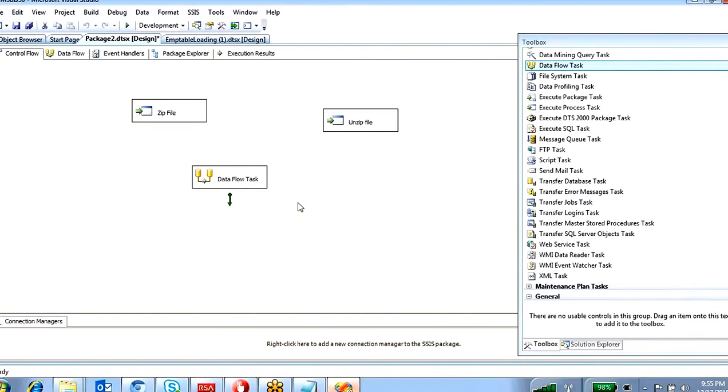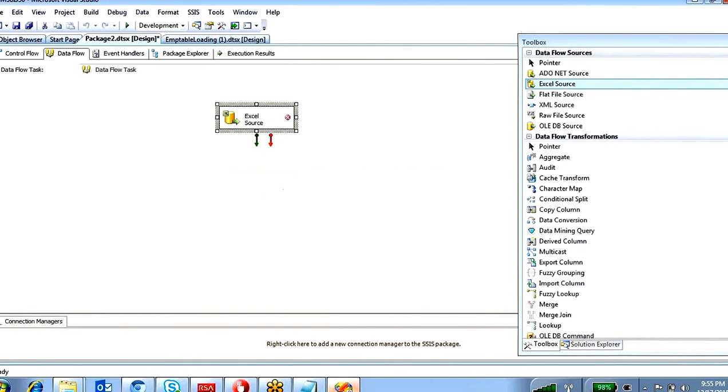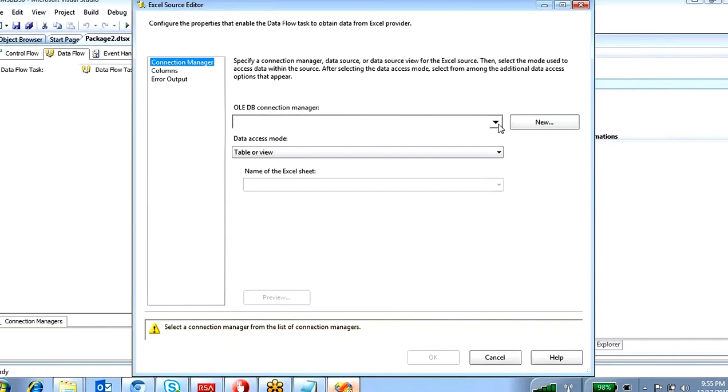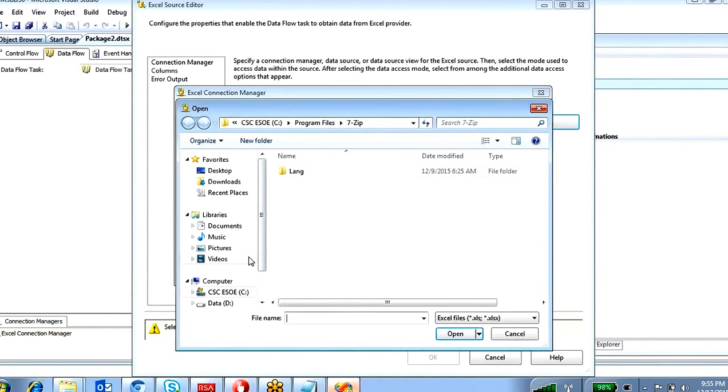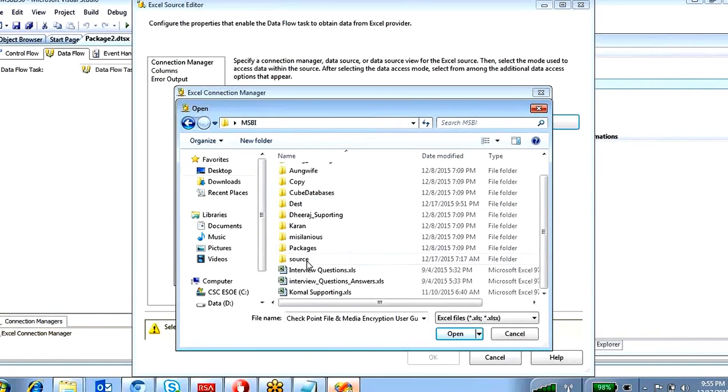Task transformations. Okay, inside the data flow task, how to load the data by using some data flow tasks, right? Data flow transformations. So just to go inside, and I'm going to load the data from one Excel sheet. Okay, and so the Excel connection, I'm going to create a new connection, browse, go to desktop, MSBI,